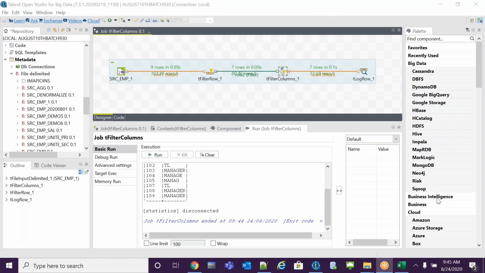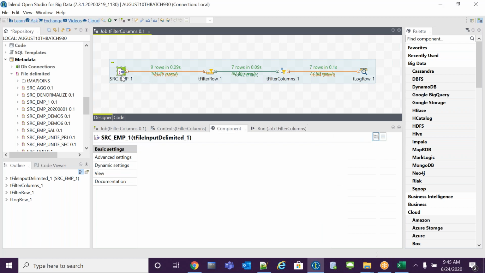Suppose if I want to give more than one name, what do I have to do? Venkat, you have given. I want to give more than one name here.